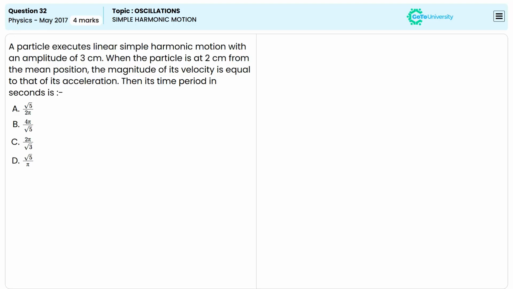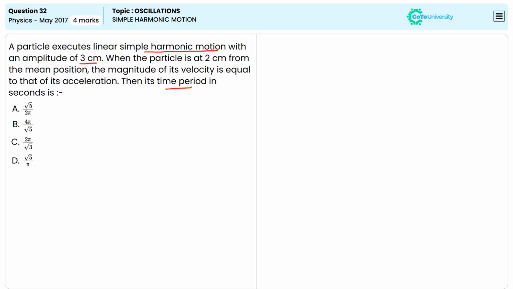What is the value of time period in a second? The particle given in the question is exhibiting simple harmonic motion with an amplitude of 3 centimeter. Apart from that, there is a detail about the magnitude of velocity. It's given that the magnitude of the velocity and the acceleration of the exhibited simple harmonic motion is equal for